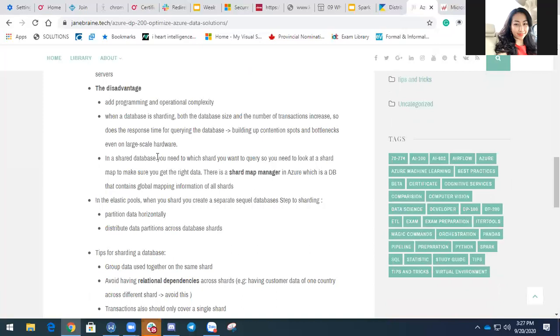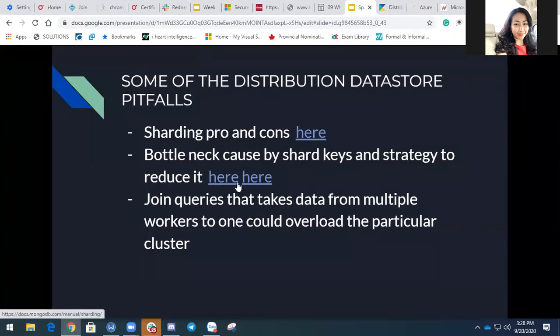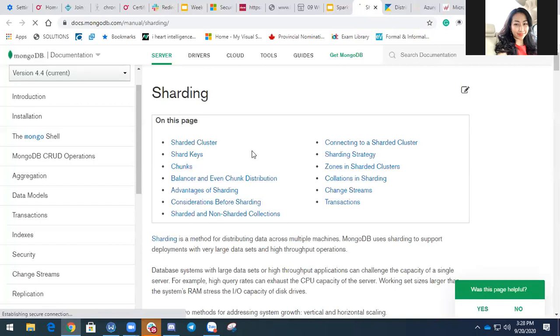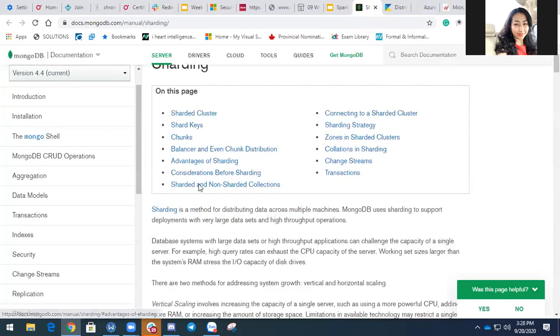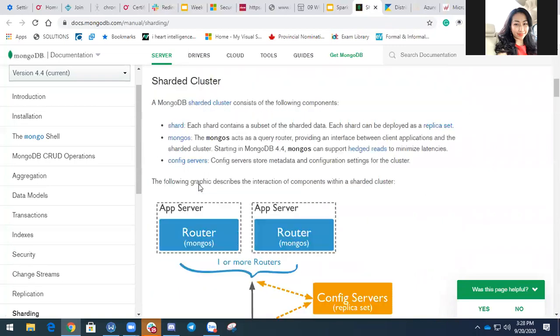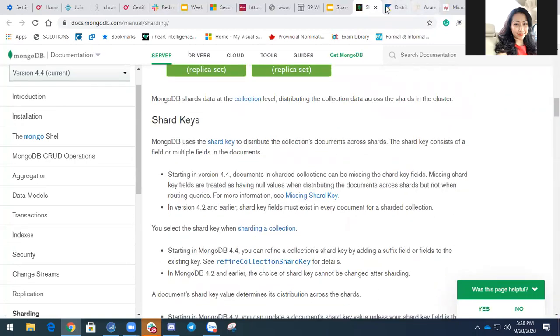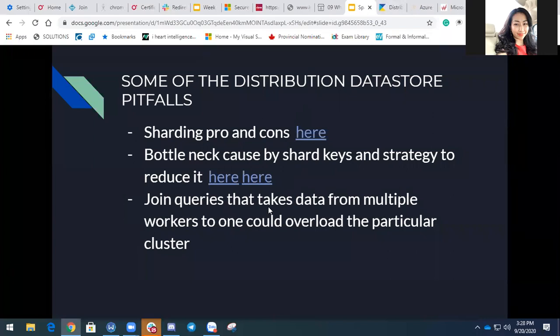However, the disadvantage is this below. So you need to consider when you produce sharding keys, and you are trying to map the sharding and how to divide it. So after the session, please go and check it. Also, when I mentioned the sharding keys, the bottleneck caused by it and how to reduce it. I really love this MongoDB documentation that introduces sharding. What is a sharding cluster, and the strategy to produce and reduce the